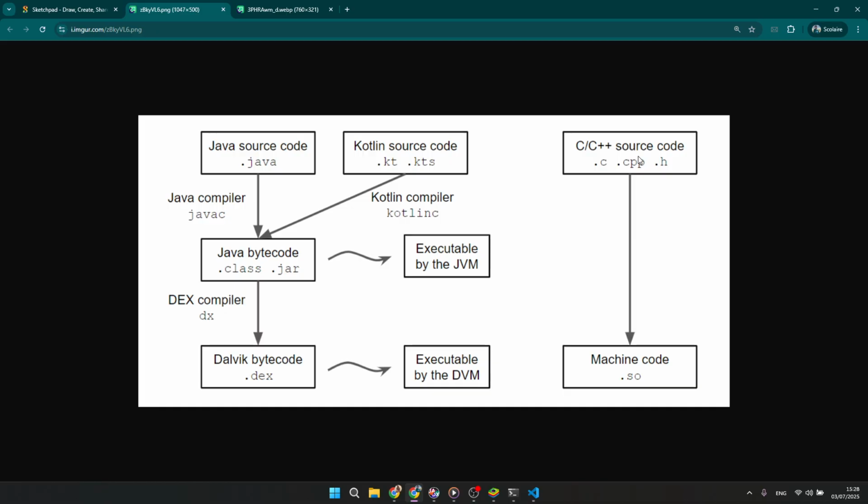Some of you might say that would be more efficient and optimized, and the code running in C and C++ is going to be much faster. That's true, but we should understand that C and C++ require more low-level knowledge and expertise compared to high-level languages such as Java or Kotlin. Not everyone is able to understand C and C++ and use them efficiently, and especially C and C++ are also